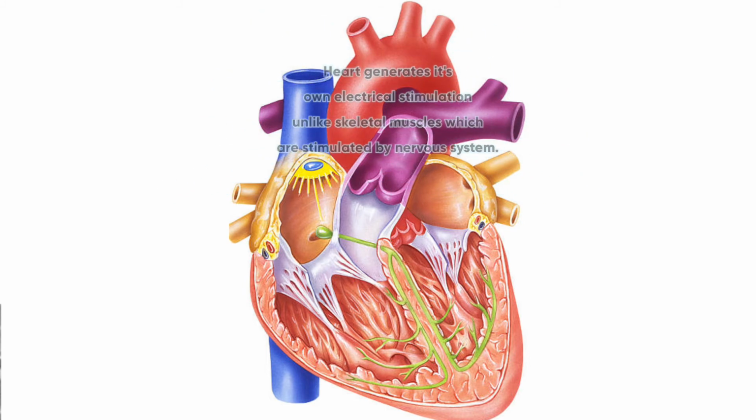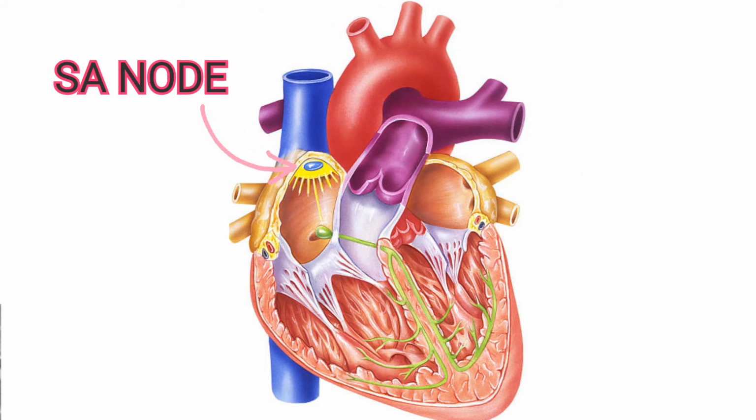The SA node is the impulse initiator and causes atrial muscles to contract, so it is known as the pacemaker of the heart. The SA node can depolarize by itself. They have the property of automaticity, meaning the cells of the SA node are capable of spontaneously discharging an action potential. The SA node is located in the wall of the right atrium and generates impulses approximately at a rate of